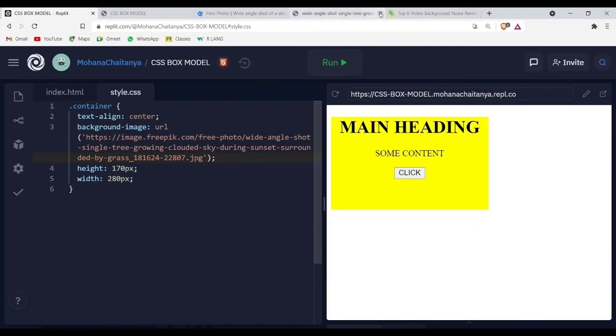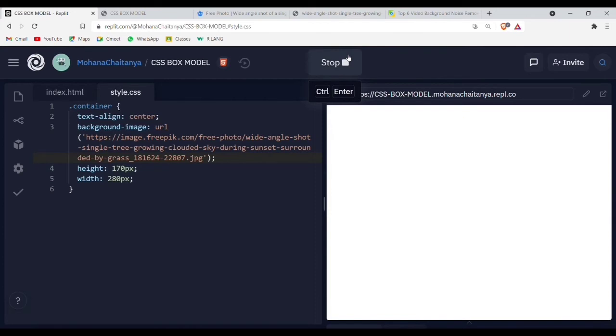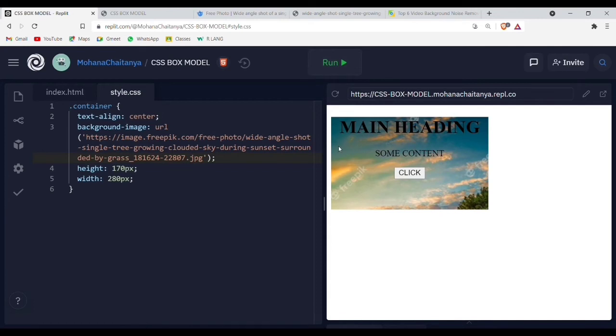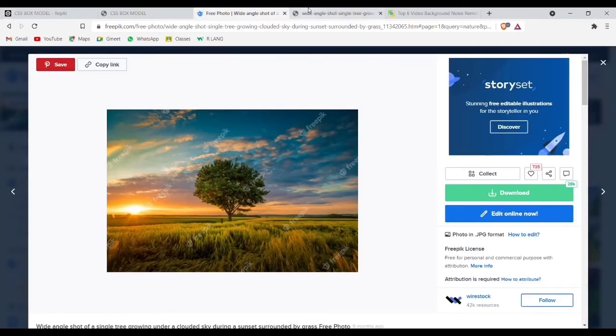Let's try to run this. See, the image has been assigned to the container. You can see here this part has been assigned but not the full image.